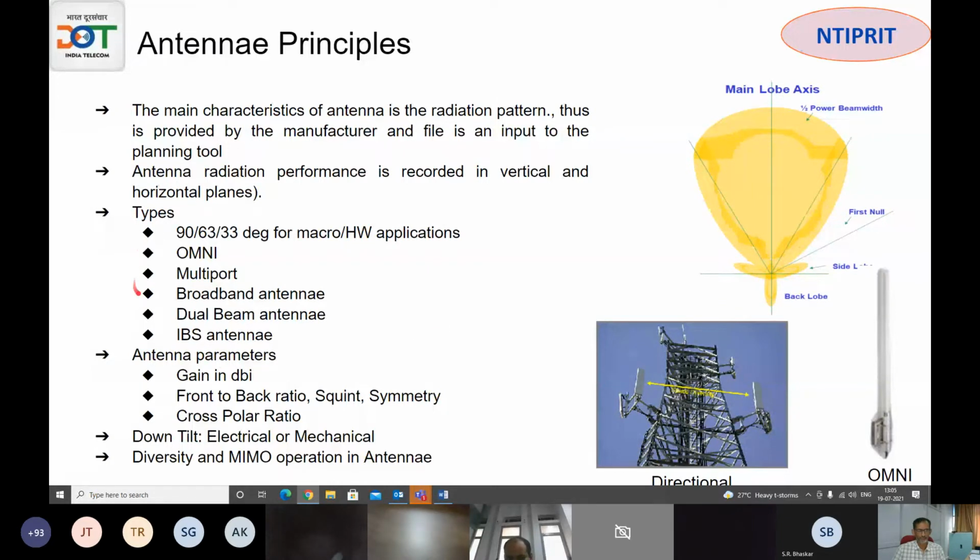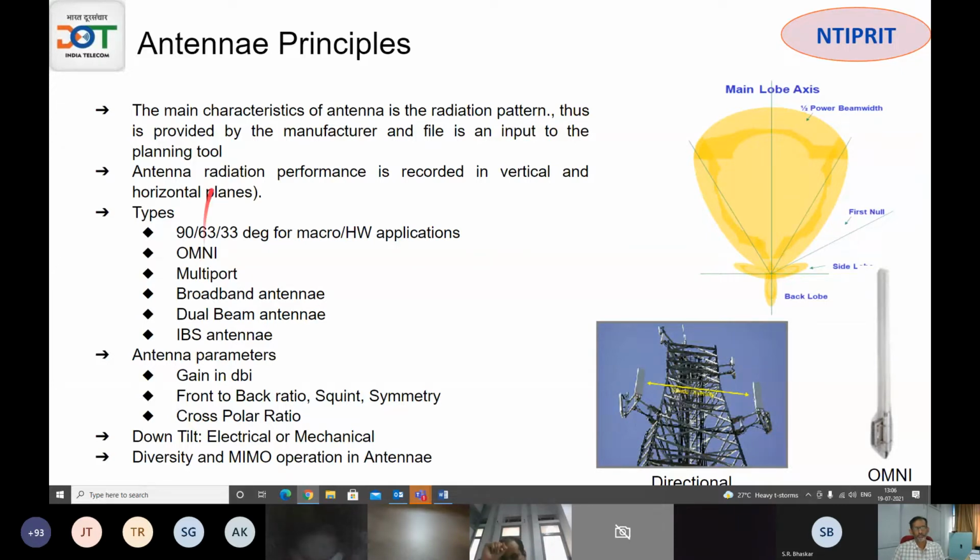So if an antenna is giving poor quality or it has deteriorated, it is very difficult to find out. Of course, that is what I would say, that with AI algorithms, maybe we'll be able to have some logic to point out to the operator that your antenna has gone poor, because suddenly your coverage has come down or whatever.